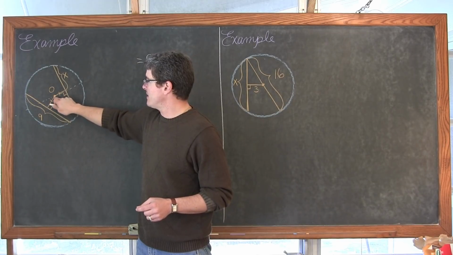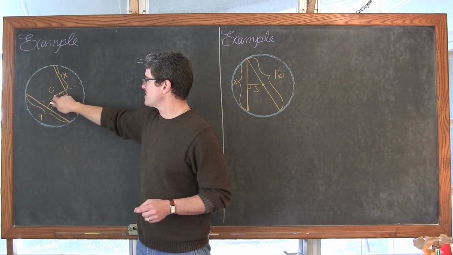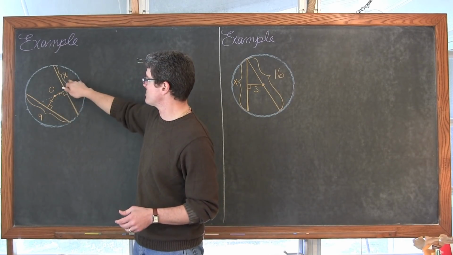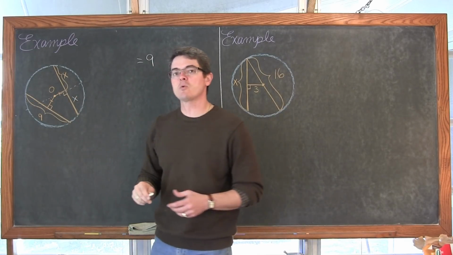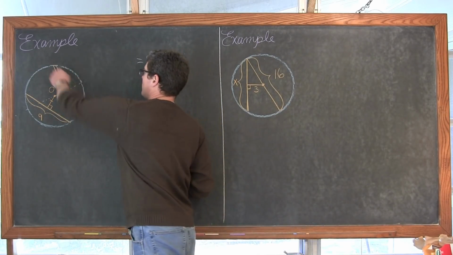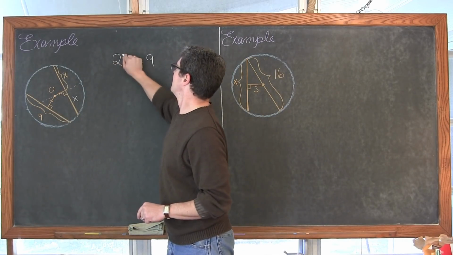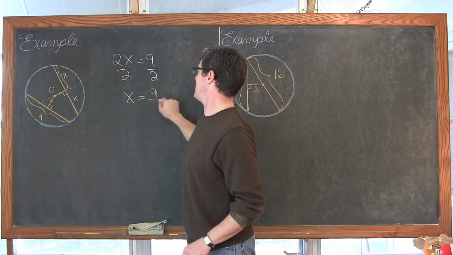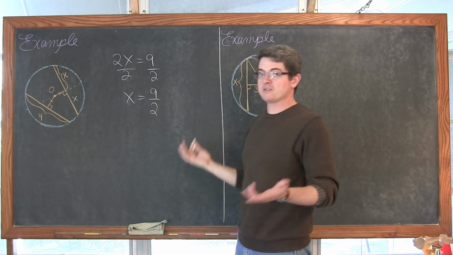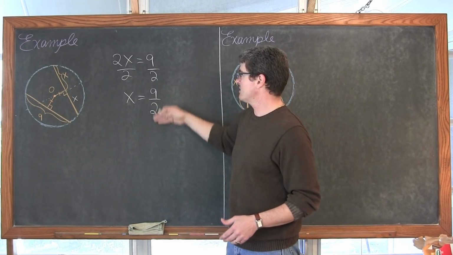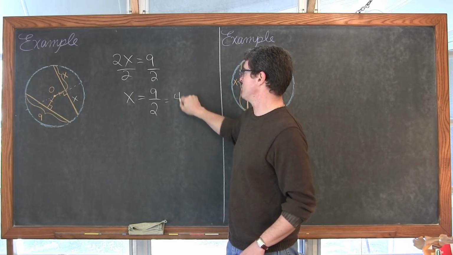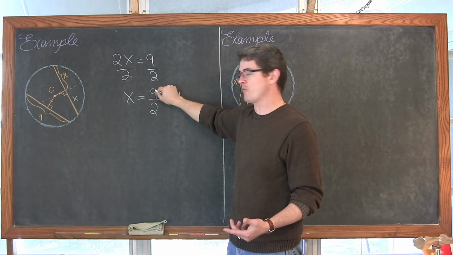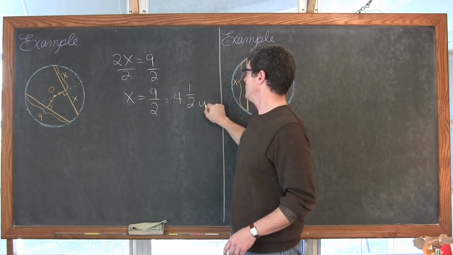And that diameter, that perpendicular segment there is going to bisect that chord. So actually, if this portion of it is x, then this portion of this chord is going to be equal to x as well. So we have a full length of 2x is equal to 9. We divide by 2, and we get x is equal to 9 over 2. That's all there is to this particular question. Now I can divide this, and 9 divided by 2 is equal to 4. 2 times 4 is equal to 8, gives me a remainder of 1 when I remove it from 9, so it's 4 1/2 units long.